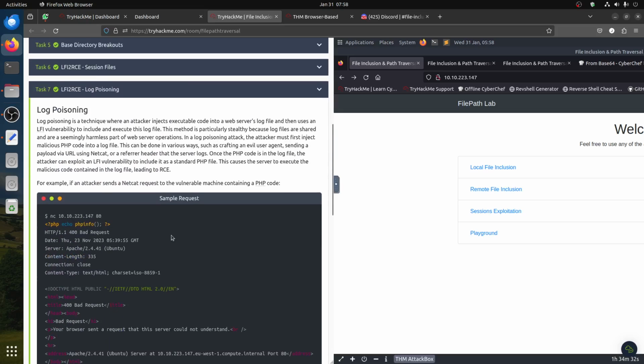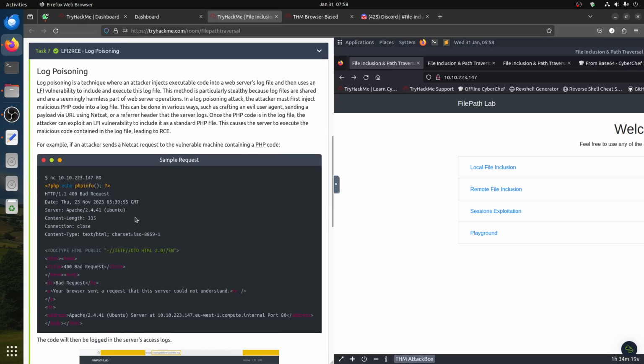Log poisoning is basically where we can send information. In this case, log poisoning is a technique where an attacker injects executable code into the web server log. So basically we call our server, and then let's do an experiment with our server. So if we have now